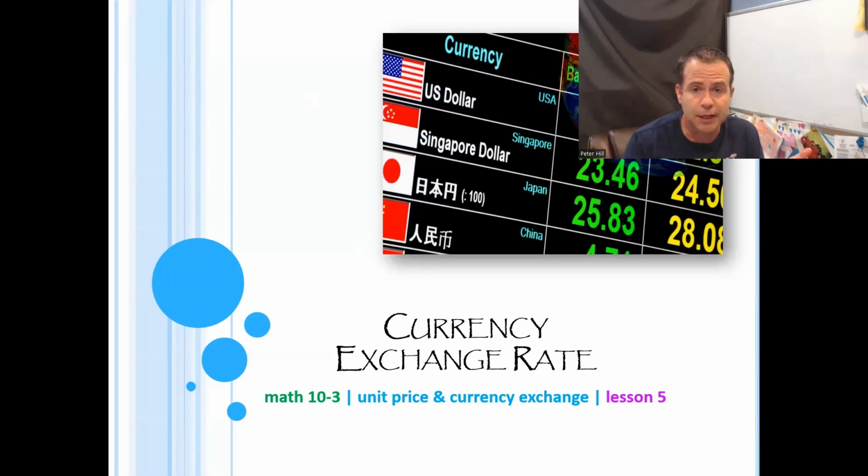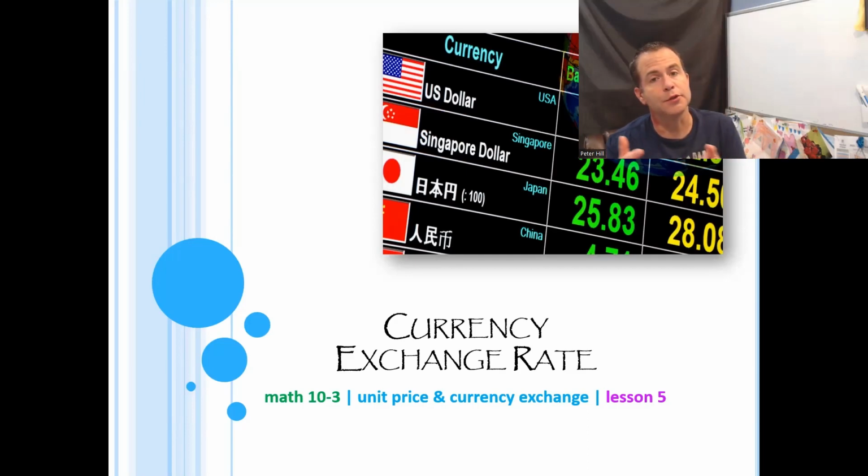There's thousands of different countries in the world, and every country has its own currency, so its own type of money. In Canada, we have the Canadian dollar. But if you went stateside, if you took a road trip down to Montana or went to Disney World or wherever you want to go, chances are they're not going to take your Canadian money. They want you to pay in American money. So we need a way of converting a dollar Canadian into whatever it's going to be American, okay? And those numbers are called